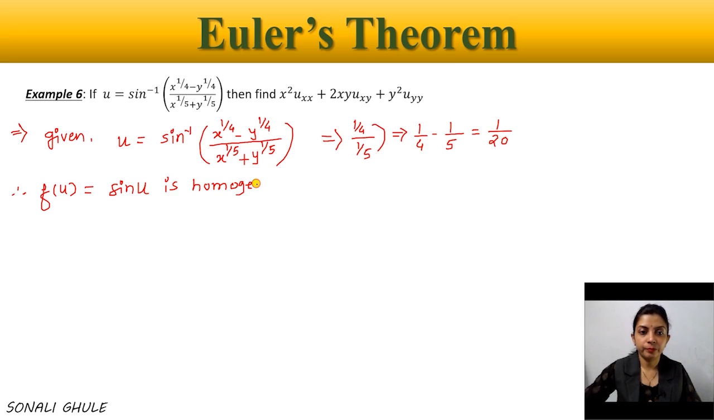homogeneous function of degree n equals 1 upon 20. Okay. Now, by Euler's theorem,